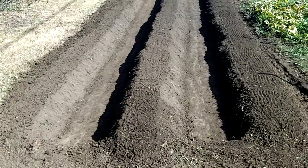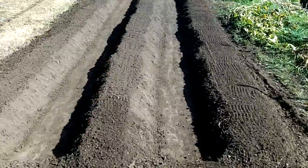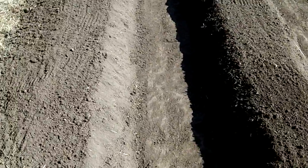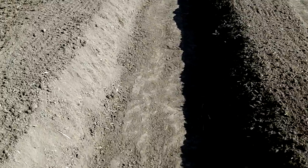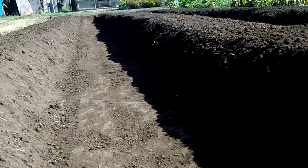Alright YouTube, I've got the beds finished here. Got them spruced up, cleaned up, got the lines gone. Here's what they look like. In fact, let me get from ground level. You can kind of see